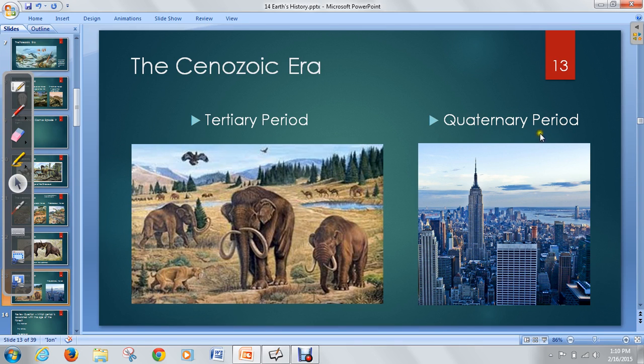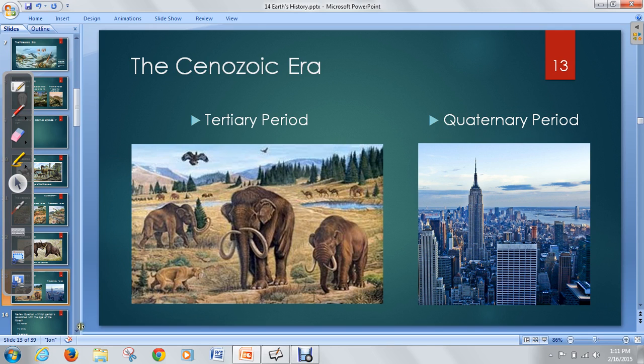And then the Quaternary period is basically our time period. We're in the Quaternary period right now. It's kind of weird to think about because the Quaternary period is actually about 20 million years old right now, so it contains a lot of life. The last ice age actually happened in the Quaternary period. If you think of the Megalodon, which is the big shark in the ocean, it lived about 15 million years ago. It's still in the Quaternary period. So don't be fooled. Even though I show this picture of current day life, it contains a large history of the Earth in it as well.